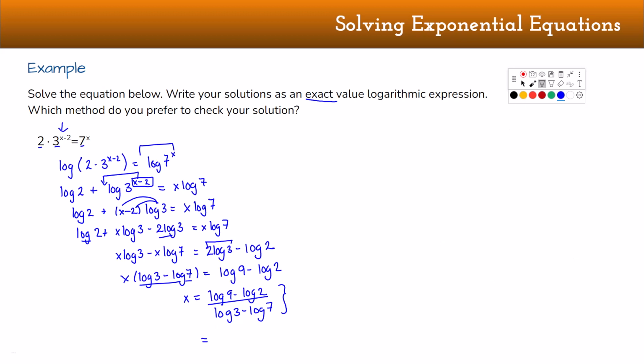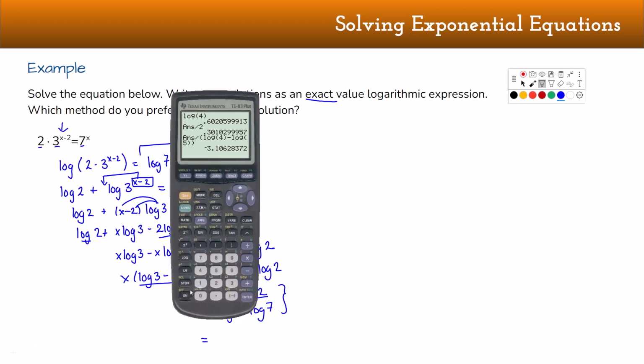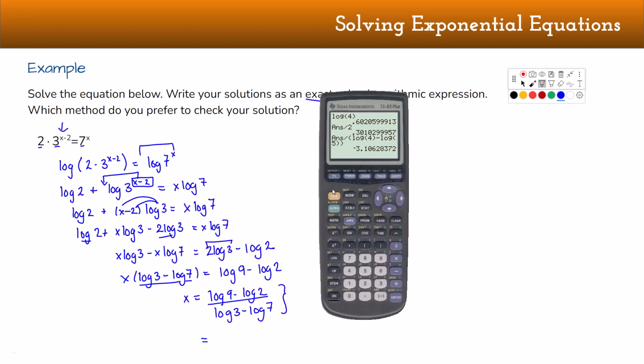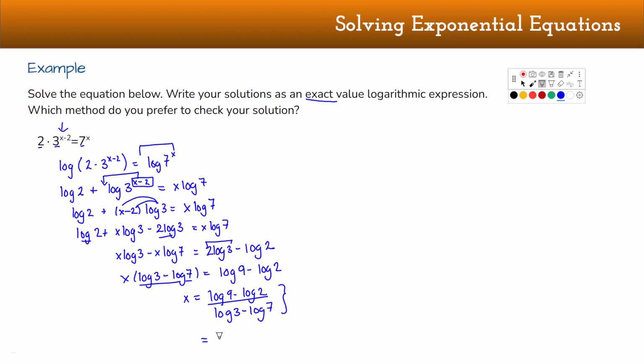And I would grab my calculator and I would say log 9 minus log 2 divided by, now here I'm going to go log 3, close the bracket, minus log 7, close the bracket. And that's going to get me negative 1.775